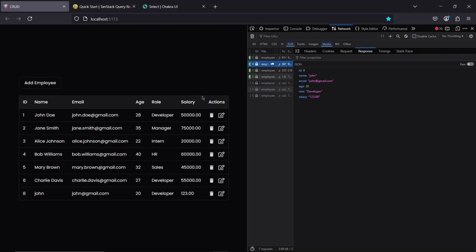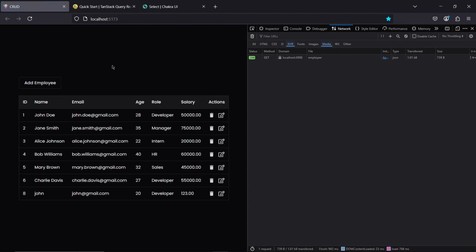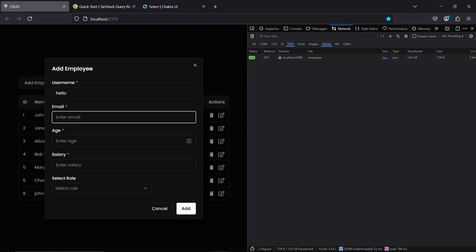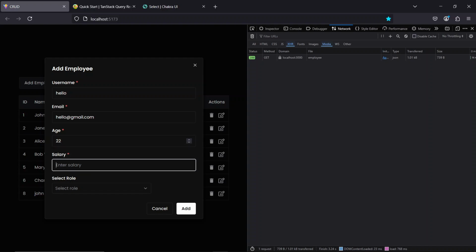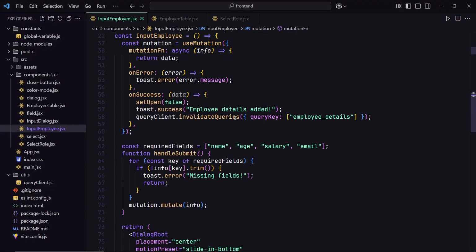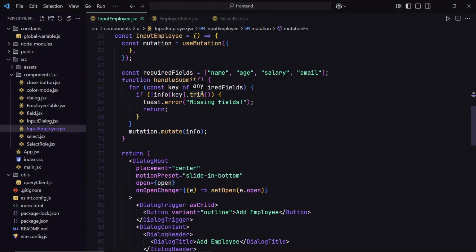Let's try it out. Refresh the page. Click on add employee. Username will be hello. Email will be hello@gmail.com. Age will be 22. Salary will be 456. If we don't provide any role, by default it will be intern. Click on add. Invalid input for enum role type. Right now the role is an empty string, which is not accepted by our Postgres database, so we have to update